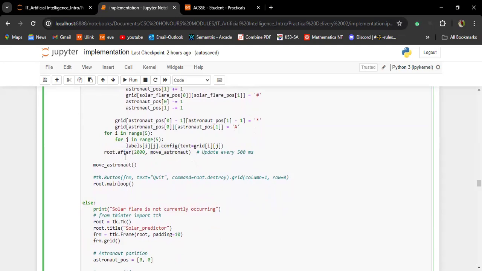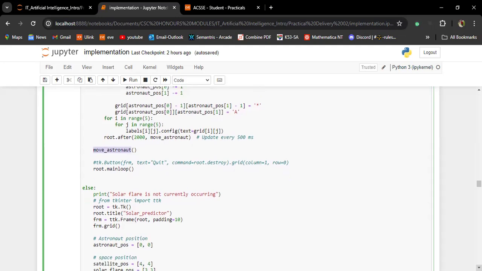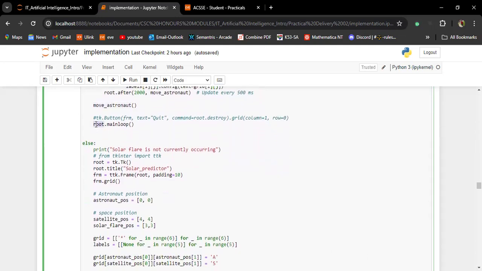This part of the code is very important. It updates our environment after every 2000 milliseconds. I know I said it was supposed to be 2000. Then from there, we invoke the move astronaut method, and we create our console user interface.